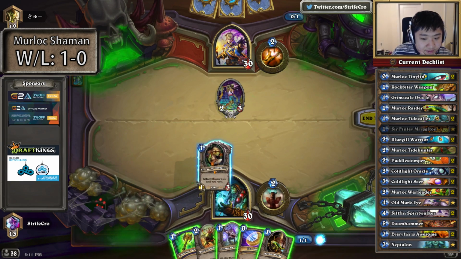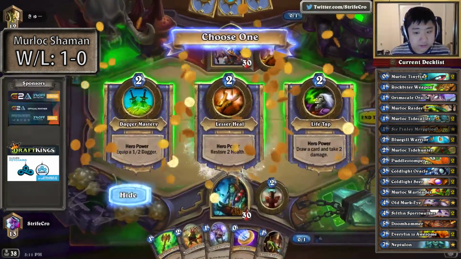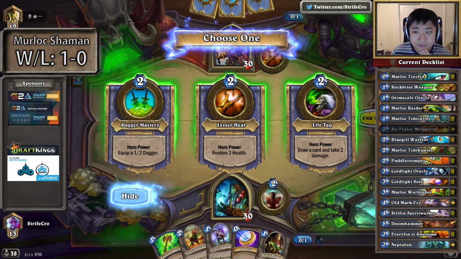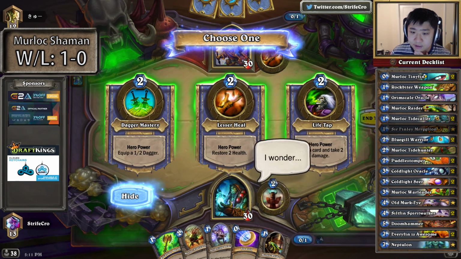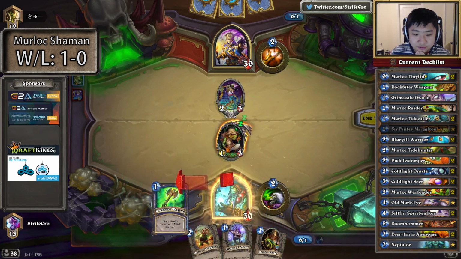I'm gonna have to Rockbiter that down. Life Tap is very good. Also Dagger Mastery if he's fighting me early with Zombie Chow. It looks like against Priests in the long run though, especially after turn 1 Zombie Chow, I guess I'm not sure especially, but